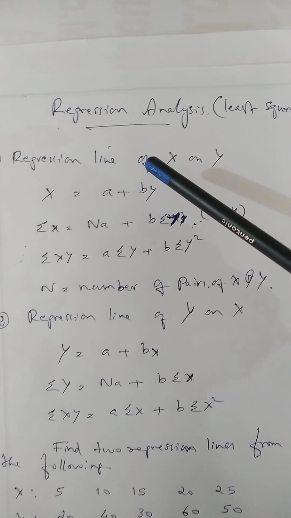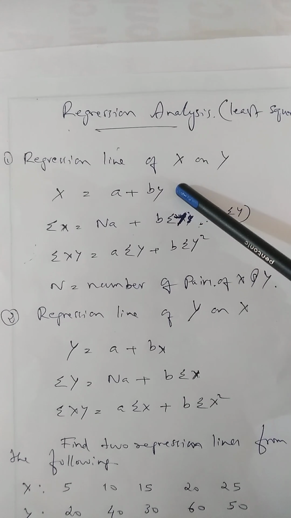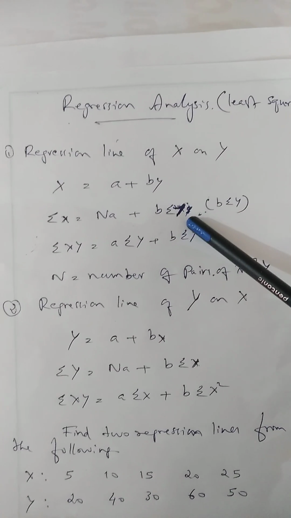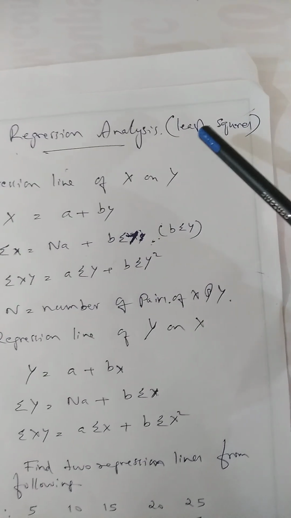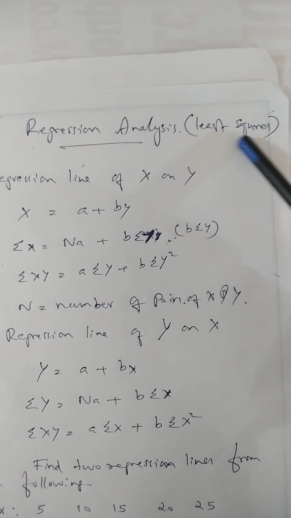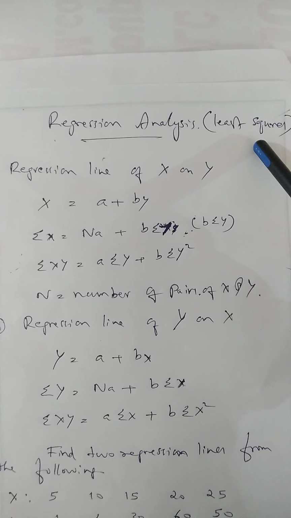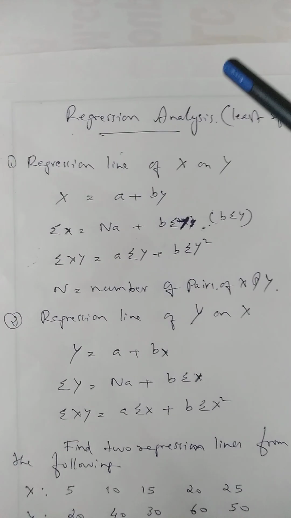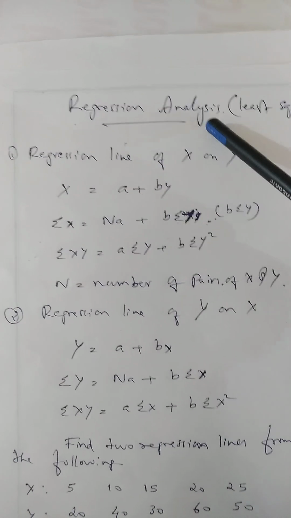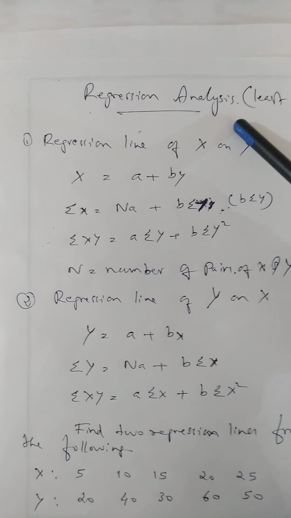And the formula developed to find a regression is called method of least square. Under the method of least square, we can find a regression analysis or regression equations